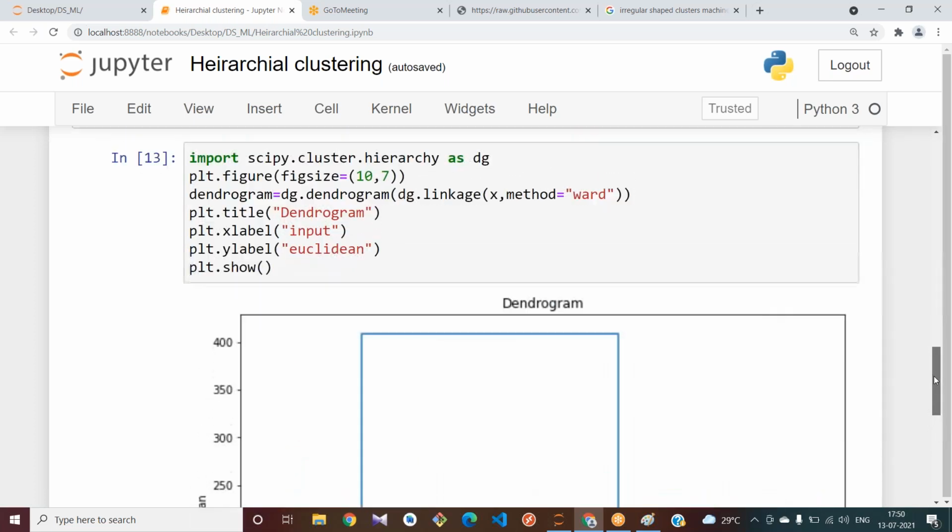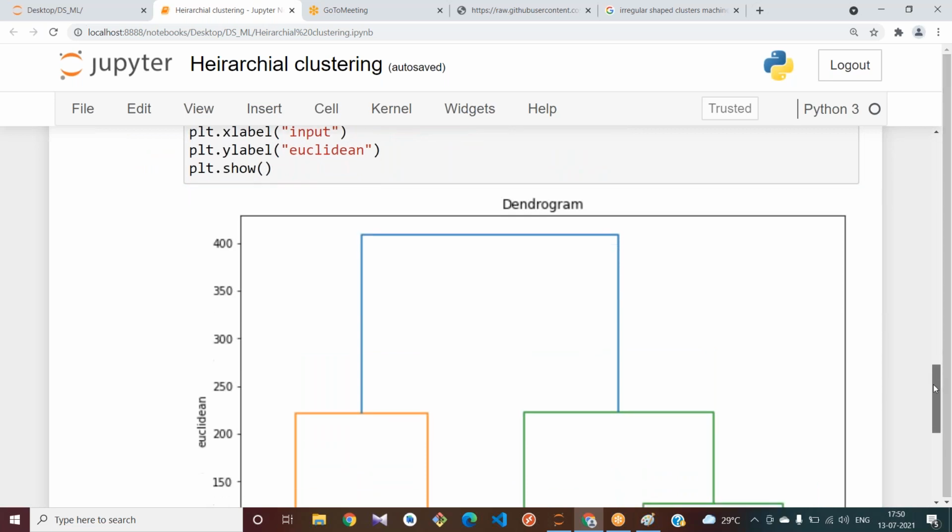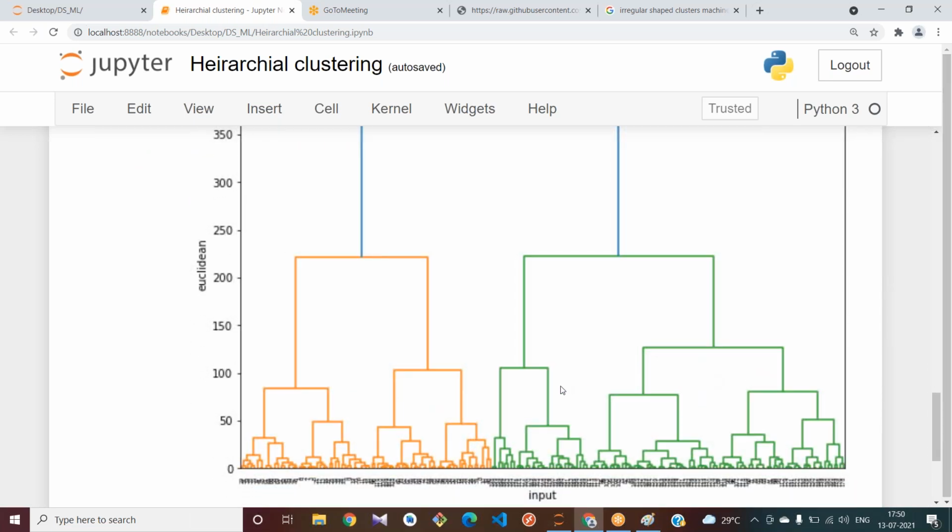See, what is the vertical distance? This is one vertical line. If I try to choose the value of k here, if I choose this horizontal line, I am getting this line. If I choose this largest vertical line here, it is passing through some horizontal line.